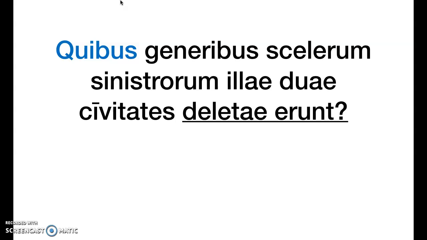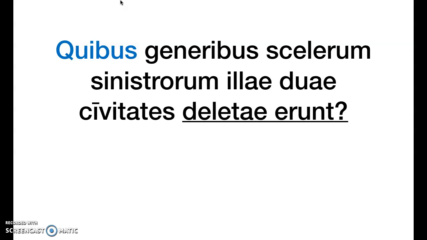So, when I see quibus, I'm immediately thinking it is ablative or dative plural. So, how do I tell which one it is? That would be the difference of something like to whom versus by whom, basically. Yeah, that's pretty much it. My eye also wanders ahead to deletae erunt. That looks like our predicate, our verb, and that has me thinking that this is probably ablative, because if we